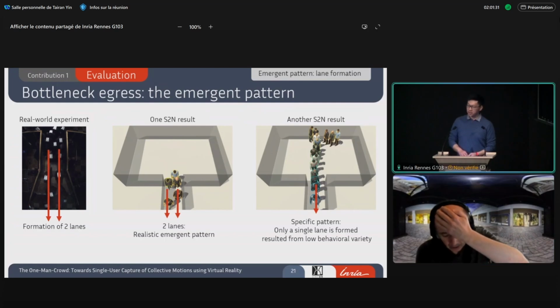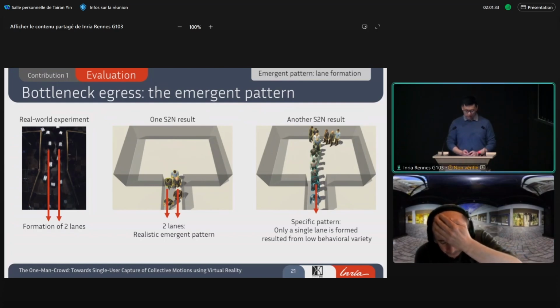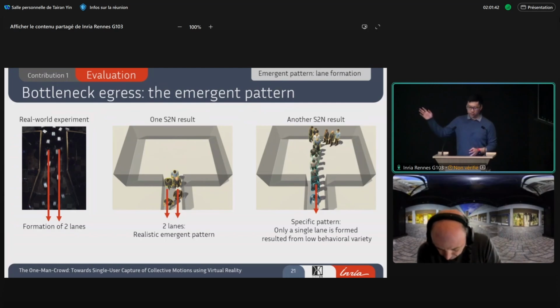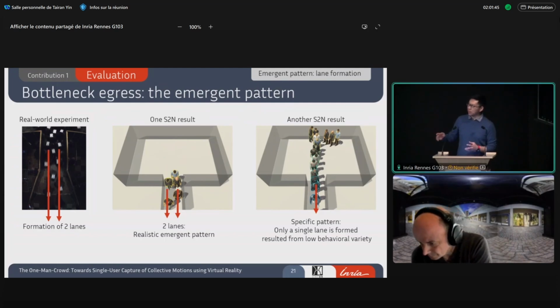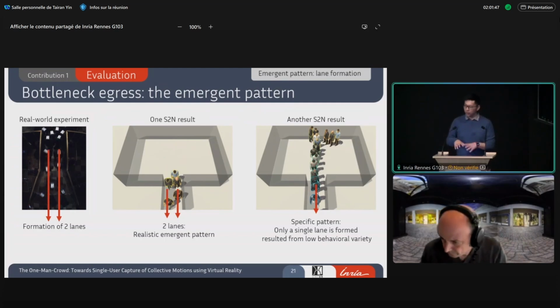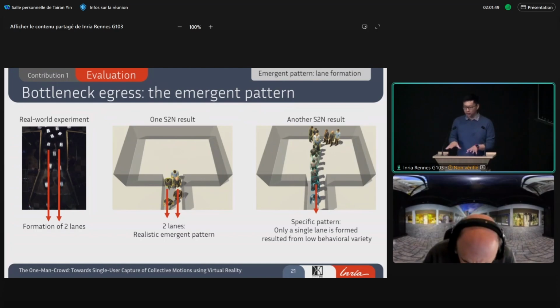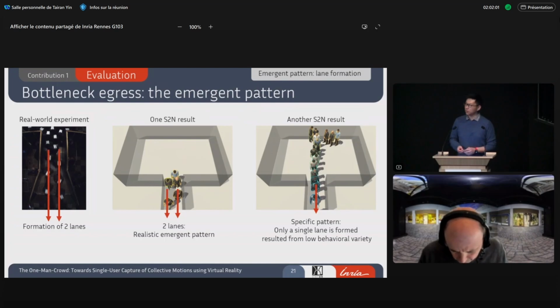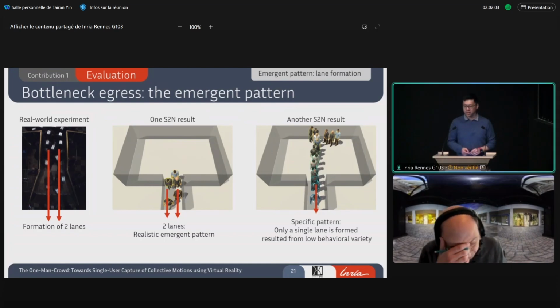Yes, this makes me think about one thing which can be related to Bill's former question about why I started crossing stuff directly. Because if you think about this scenario of the bottleneck, there must be a moment where the pedestrians, the characters, have to slow down to wait in front of the bottleneck. It's actually not that easy to make it happen, because you have to handcraft their behavior when the density of the crowd arises. And I don't think there's too good a model for simulating people's hesitation and waiting.